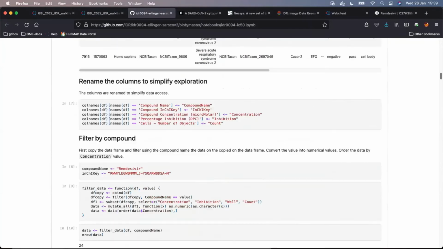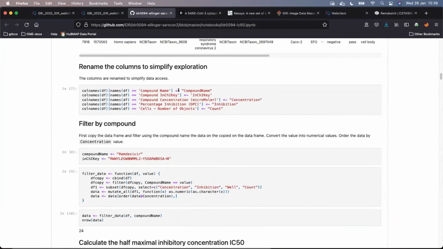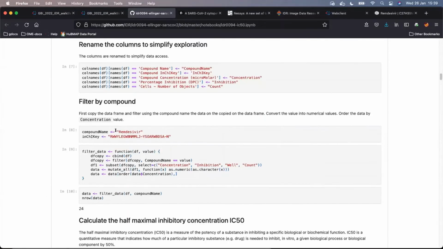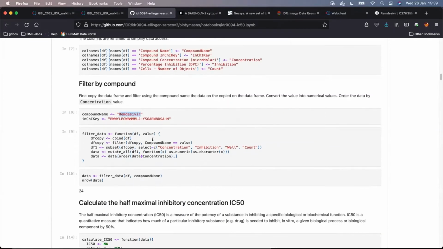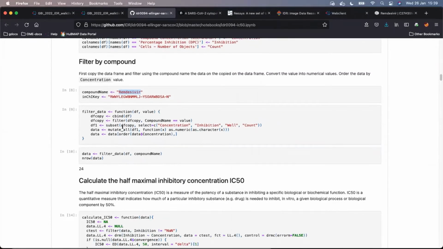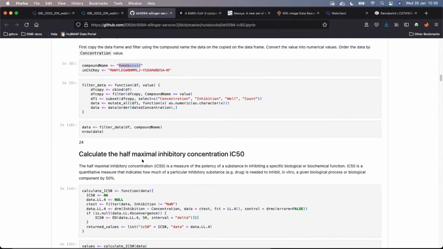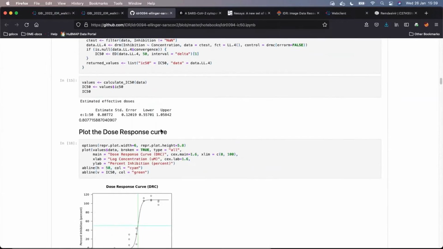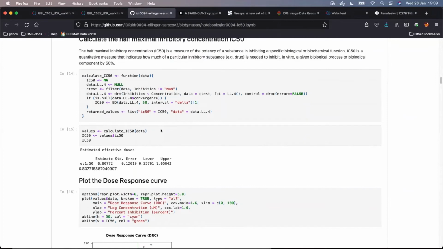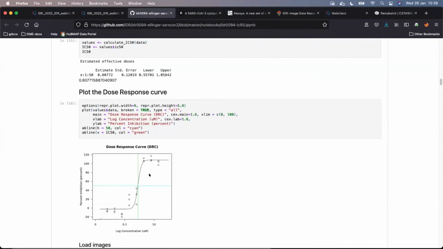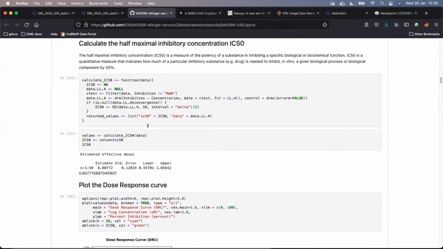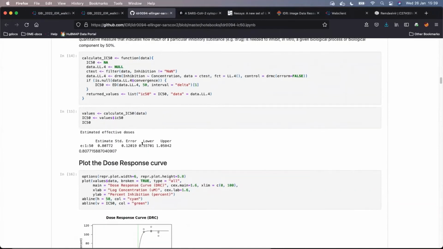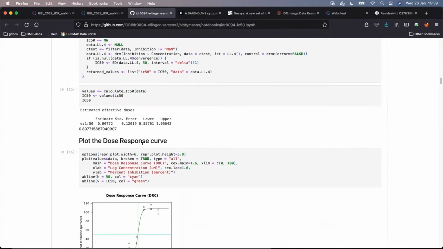The metadata, of course, is dragged from IDR into the notebook environment, and then filtered by compound. Unsurprisingly, I take the tables, filter for remdesivir, and then calculate the half maximal inhibitory concentration from the metadata which are in the study. So this notebook doesn't reanalyze the images. It just takes the metadata which are there and